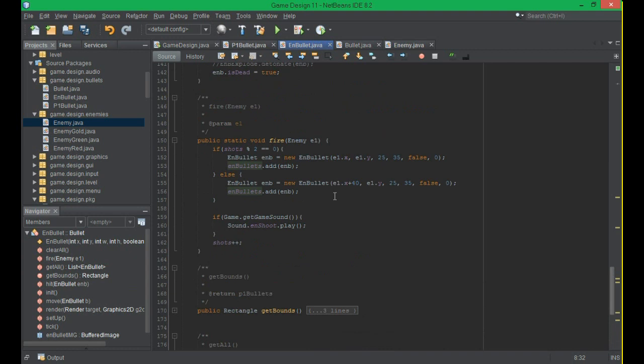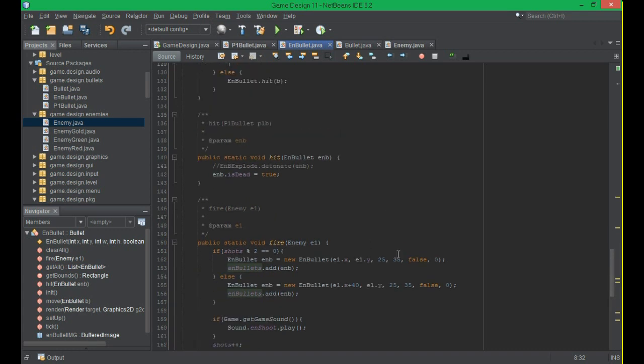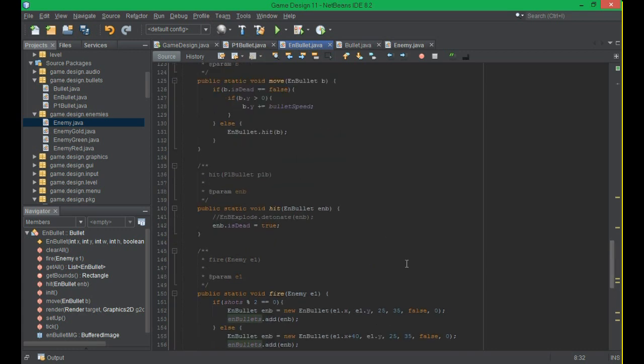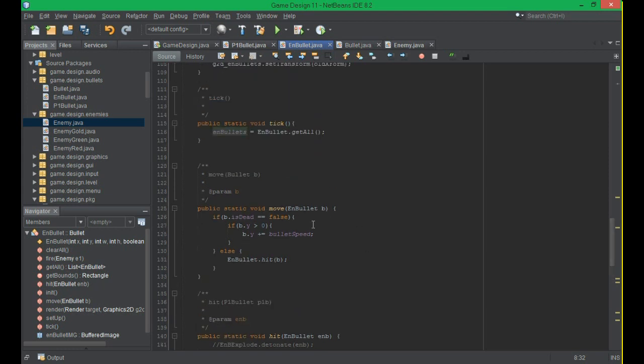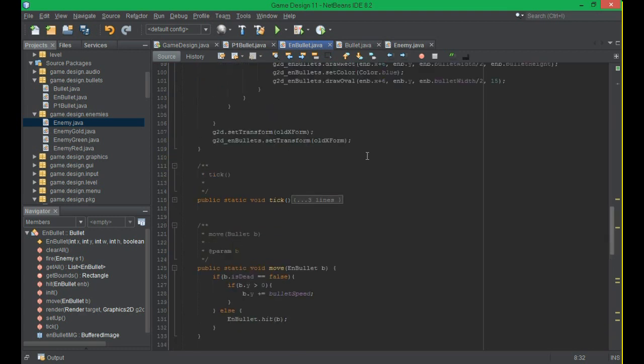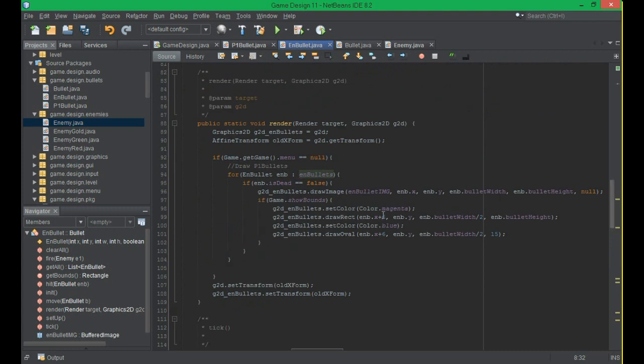Clear all, get bounds. Fire will initiate one of two bullets, enemy bullets, in one of two spaces. We haven't got a hit because we've got no collision detection, but we've got a move that might need reworking. We've got a tick where it updates a list, gets rid of all the dead and off screen. And we've got a render where it draws the bullets and the bounds. And we've included the oval in the bounds as we did with the